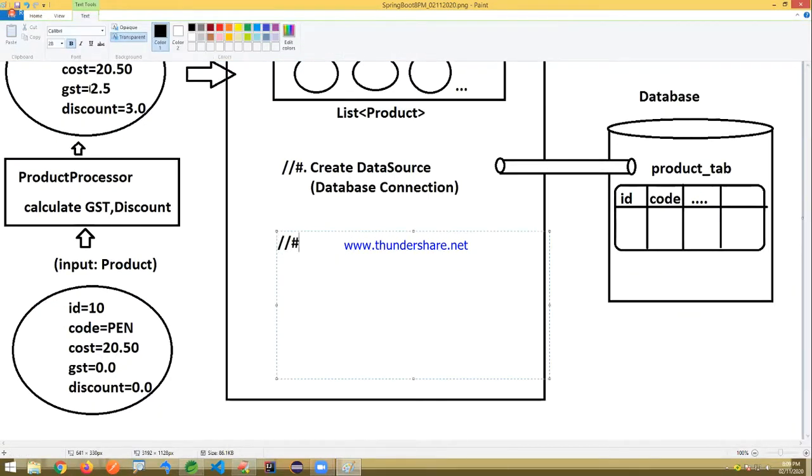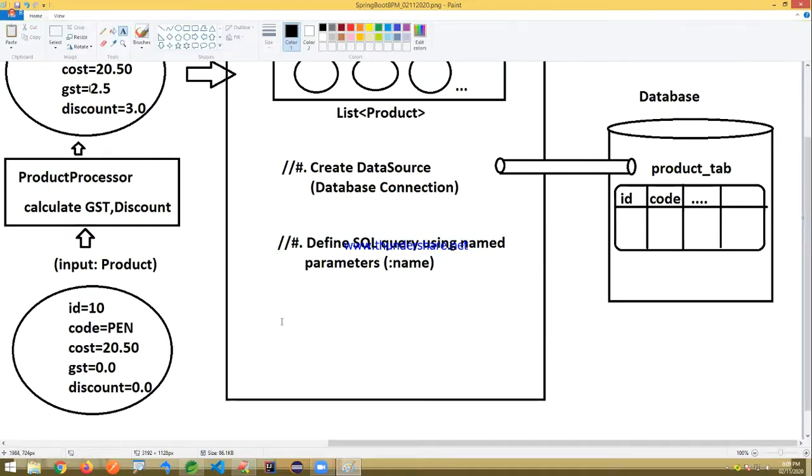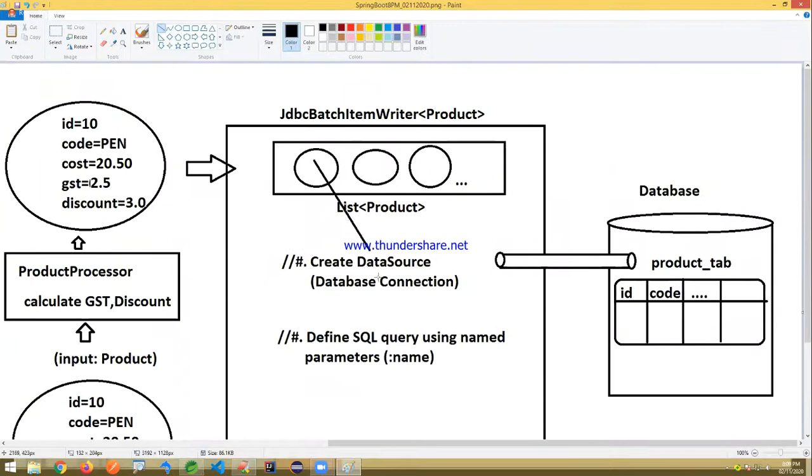Once you create the data source, define the SQL query using named parameters. A named parameter means the value comes at runtime, something like colon and some name. You have to define one SQL query with a named parameter. At the place of the name, we have to replace the value. The object contains the values, so we have to replace the name with a value.